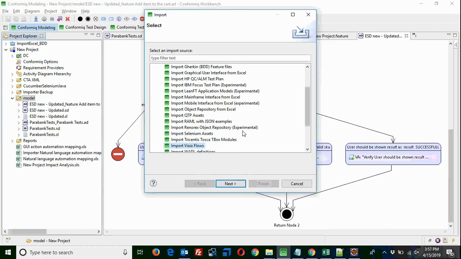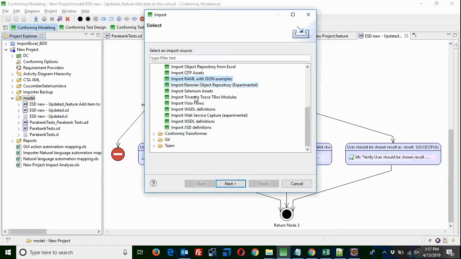Okay. So this one we have seen for UI-based application. Do you have any functionality for API testing as well or mobile testing? That's what we have shown you, like those custom actions are something for anything not representable in UI or web services. We have 3 kinds of building blocks: UI building blocks, custom actions, and web services building blocks. So if you have digital files, SOAP, JSONs, RAMLs, WADLs, all of these you can import into Conforming. They'll become web services building blocks.